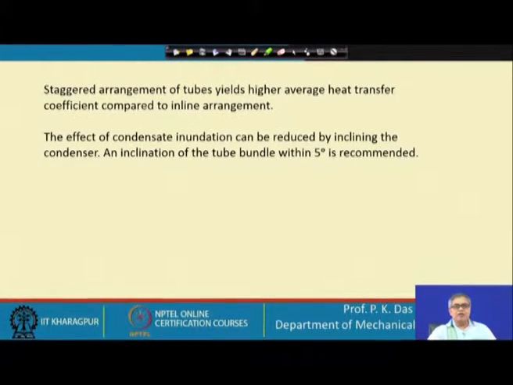Another thing I would like to say is that in all these cases we have assumed the Nusselt type film condensation, where there is no velocity of the vapor. This is true in many cases in surface condensers, particularly for power plants. We will find that the vapor velocity is really very small. But where the vapor velocity is there, it will have some effect on the film, and obviously it will change the heat transfer coefficient. Sometimes we will have a small discussion on this. Now, let us move to the next topic.